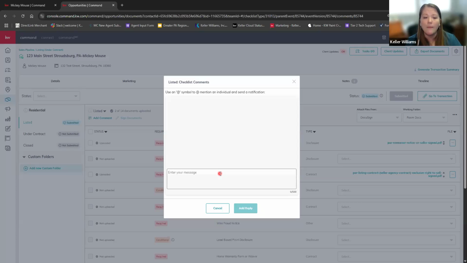So in this comment section, if there's something specific that you want Heather or someone on the team to know, you can go where it says add comment, enter your message, type the @ symbol, and then select who you want the message to go to. Typically it's going to be Heather or myself, because a lot of times the other team members don't get the notifications right away. So if you need them directly, I would call them. But other than that, you can select between Heather and myself,